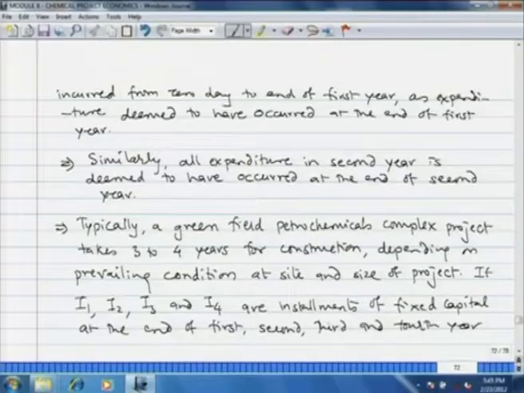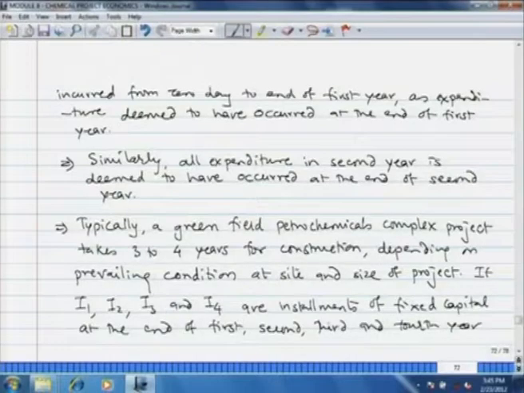Similarly, all expenditure in the second year is deemed to have occurred at the end of the second year, and so on and so forth. This way, we have to estimate the future value of our investment. Suppose instead of investing in business, we had invested in a bank, then how much money would have accrued in the period of construction. Typically it takes about 3 to 4 years for a greenfield petrochemicals complex project to